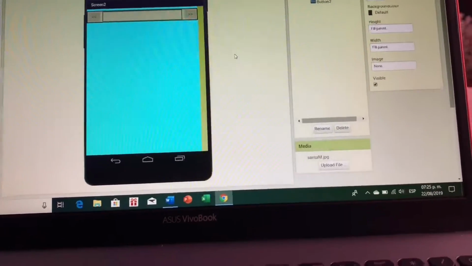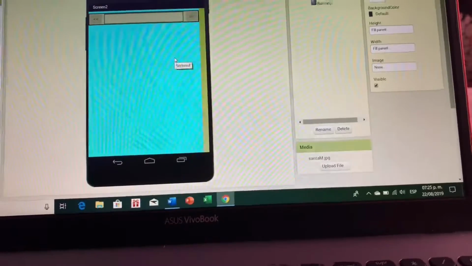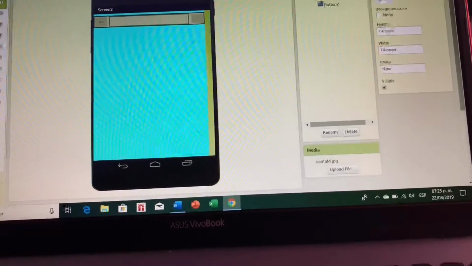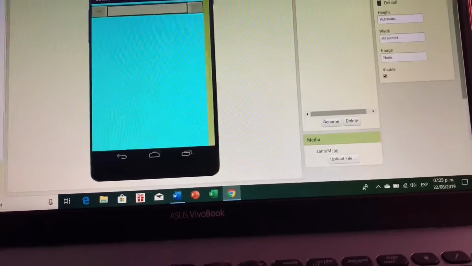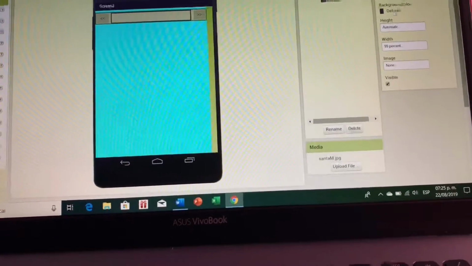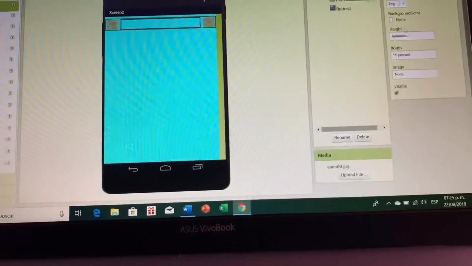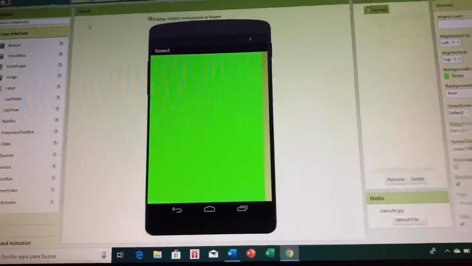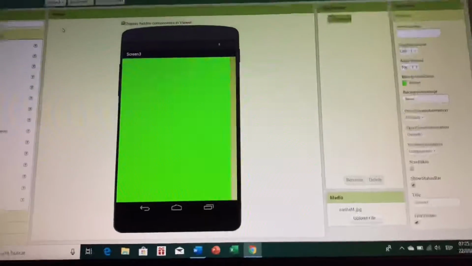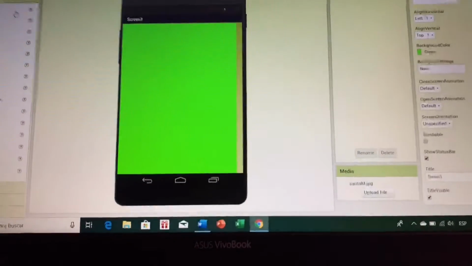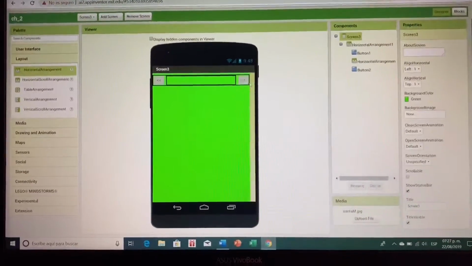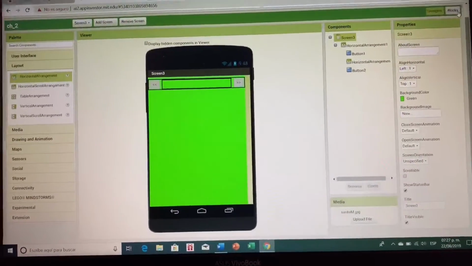I'm gonna click fill parent. So now we have this horizontal arrangement. There we have it. Now we have to do the same thing in our screen number 3. So now that we have our 3 screens with these buttons over here, we have to go to the block